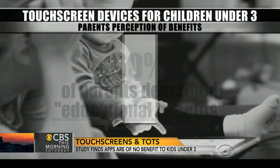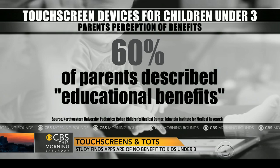Wow. Obviously, Holly, a lot of parents think this is just fine. I mean, but what's going on here? Right. Well, the bottom line is, again, most families used them at very young ages, but ultimately there was no educational benefit. 60% of the parents who gave their kids the devices felt like they were learning something from them, but ultimately, whether they were educational games or not, they were not increasing their verbal skills or really teaching them